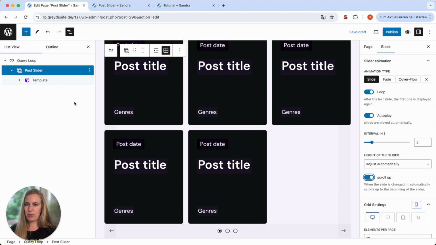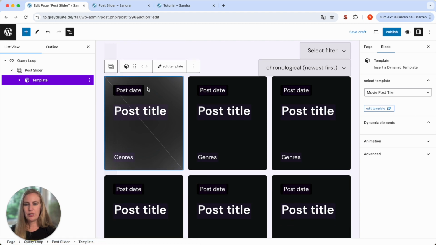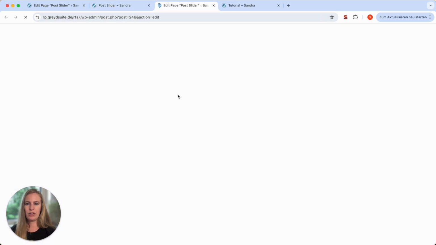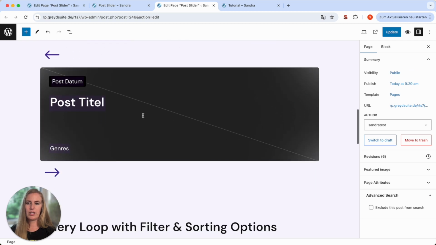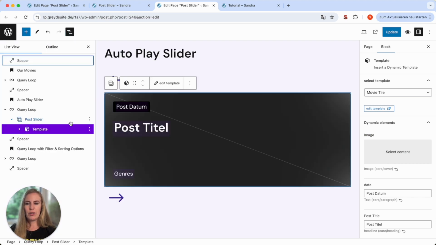So lots of options. And now we are going to have a look at how we get these random placeholders to display our individual post content. And therefore we will have a look at this page, see how it looks like in the backend. Here we are. All we have to do now is work with GreenShift dynamic tags. So either way, you have either a dynamic template in here, or you have put your individual elements like a headline, an image, etc. in your post slider, and now we have to connect them to your post content.